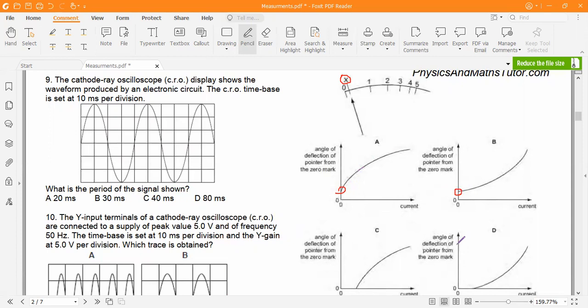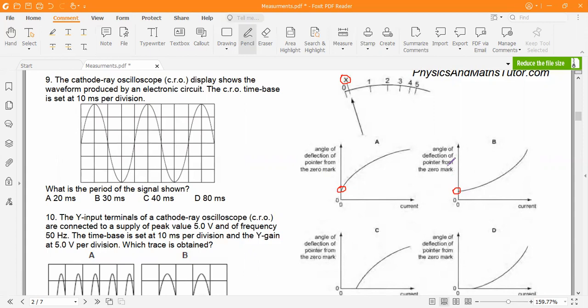Okay, I think it can be either of these cases. It would be A. Wait, sorry. No. Sorry. At 0, there is a deflection. Yeah, this is okay. So this one or this one. Now you have to consider if it is A or B. Why A? Why do you think A? Because the difference between 1 and 2 would suit A. Then the difference for B would be less.